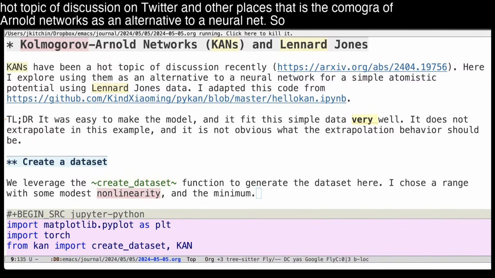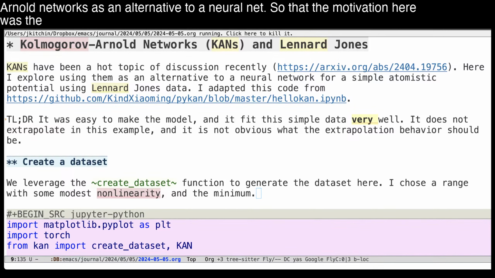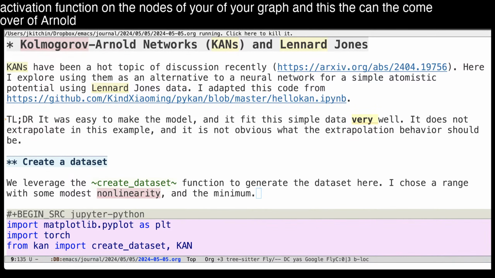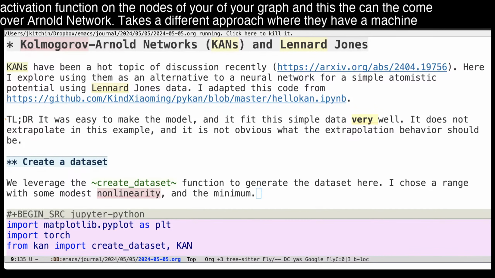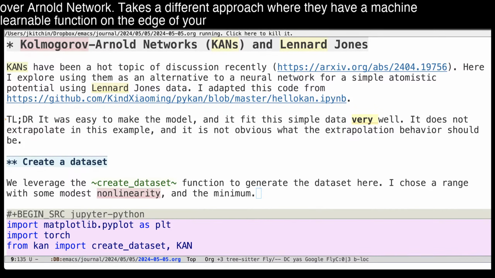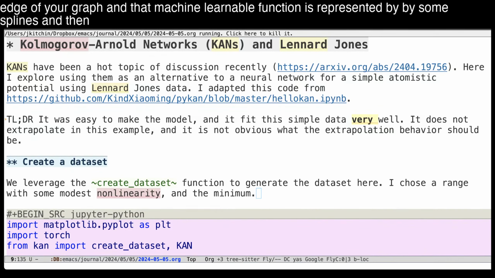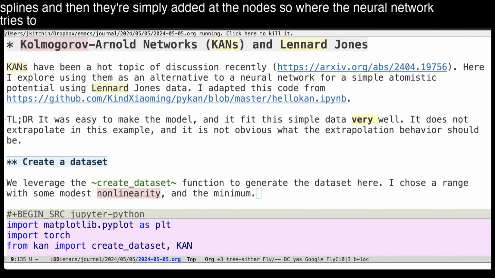So the motivation here was the idea that a neural net has a fixed activation function on the nodes of your graph, and the Kolmogorov-Arnold network takes a different approach where they have a machine learnable function on the edge of your graph. And that machine learnable function is represented by some splines, and then they're simply added at the nodes. So where the neural network tries to take a multivariate input and map it to an output,